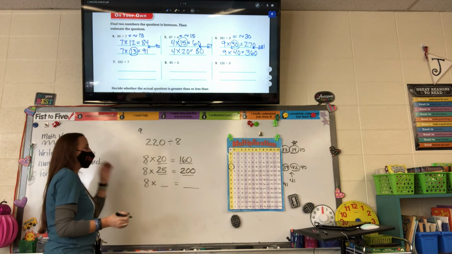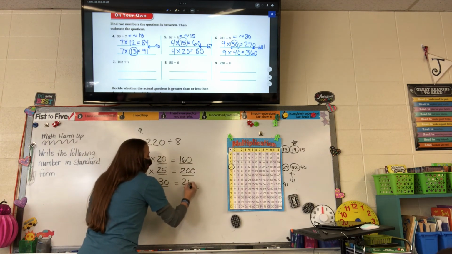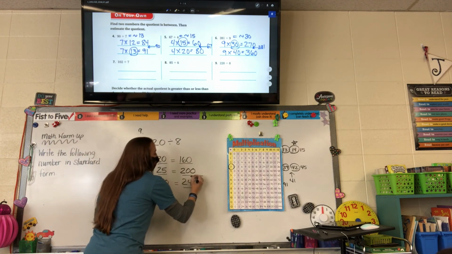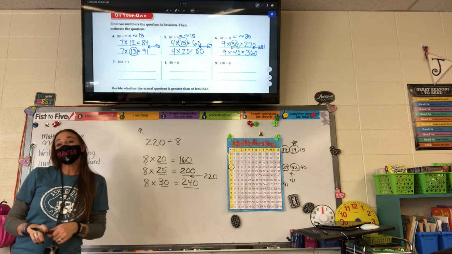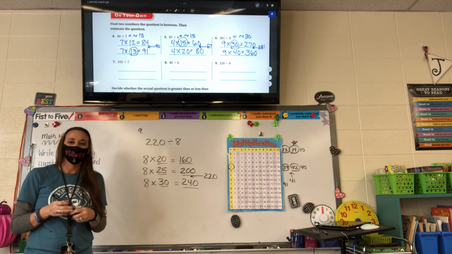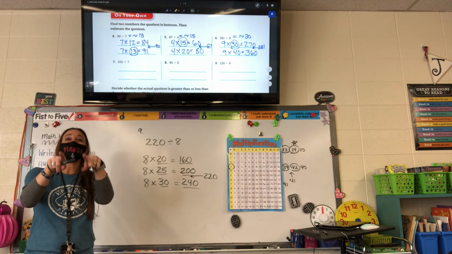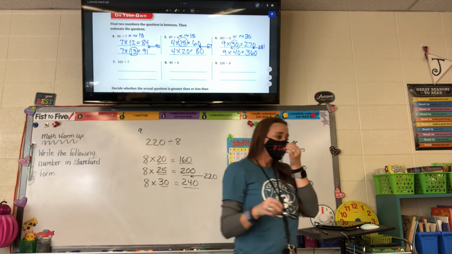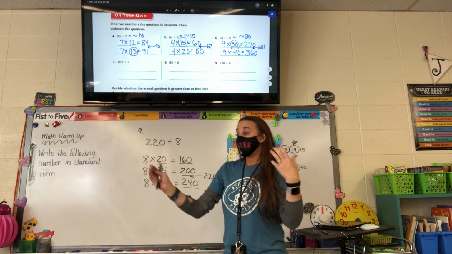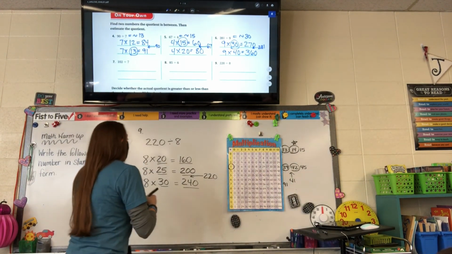Oh, we're getting closer. Ethan said 8 times 30. 240. Is 220 between 200 and 240? Which is closer? It's a tie. That's why we're doing this one together. So that means it's equal. Since it's a tie, what we're going to do is